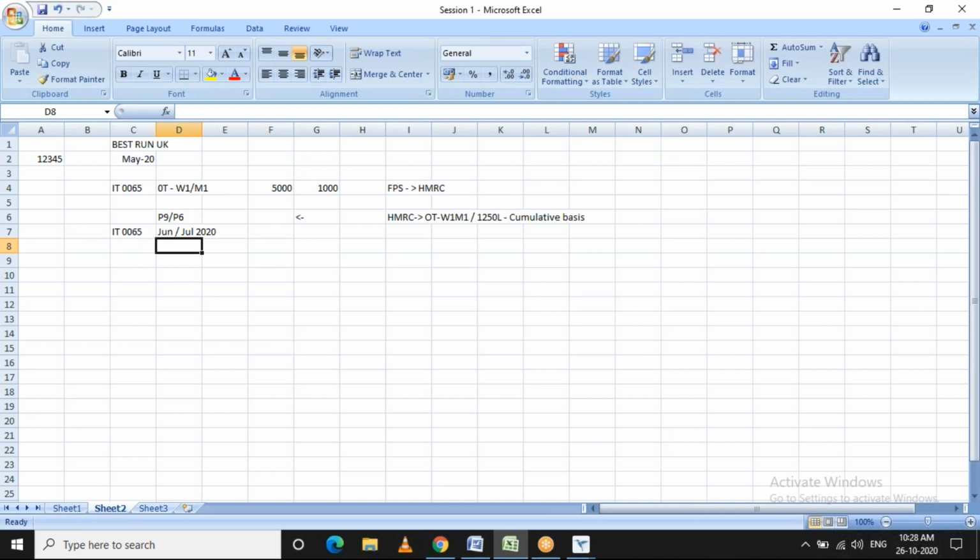If it is cumulative, it will be considered along with the previous periods' taxable earnings, and then the tax will be calculated on that. So there will be a slight difference, not a huge one, on the cumulative and week 1, month 1 tax calculation, in a period where the employee has some bonus payment or additional allowances.